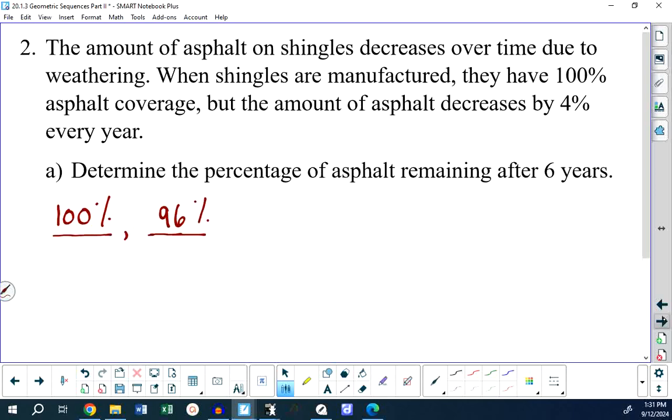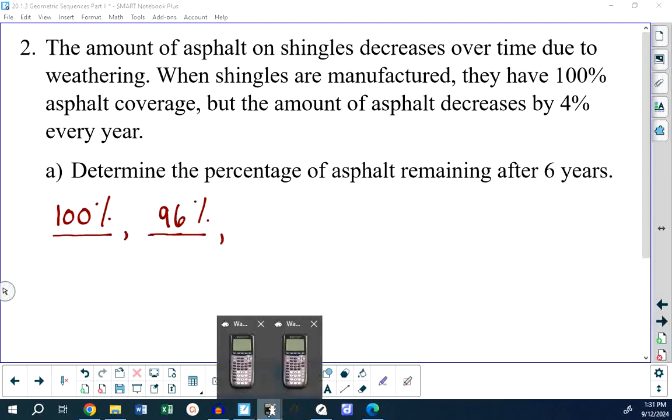Okay, now here's the thing that you have to wrap your head around. The next term will not be 92%. When we say something decreases by 4%, it decreases by 4% of what it is. Okay? So if I start off with 100% coverage and then I have 96%,